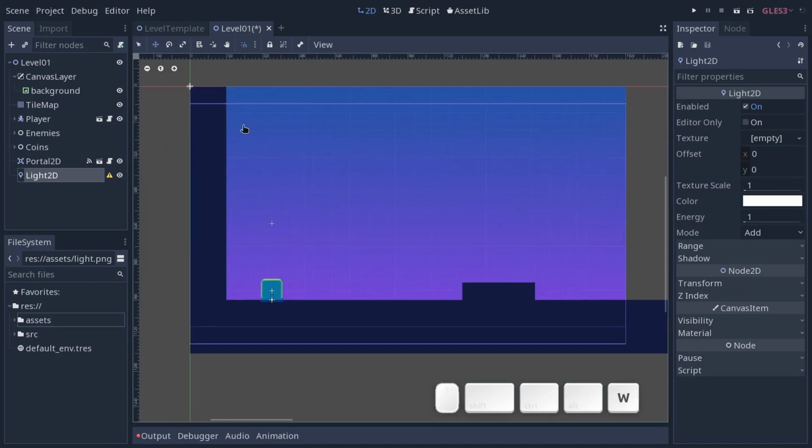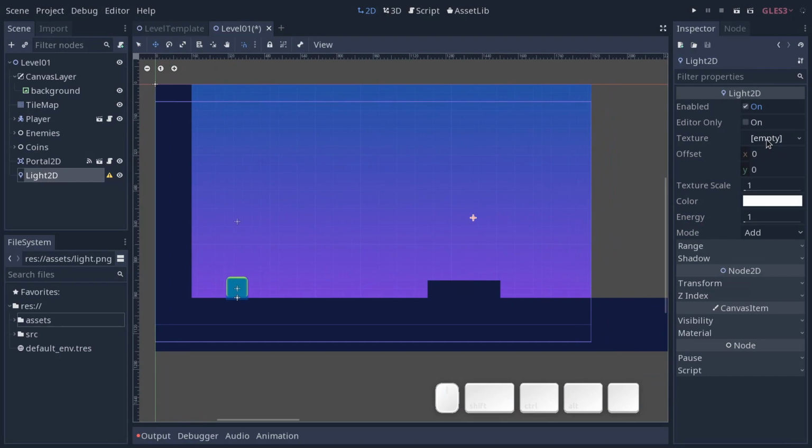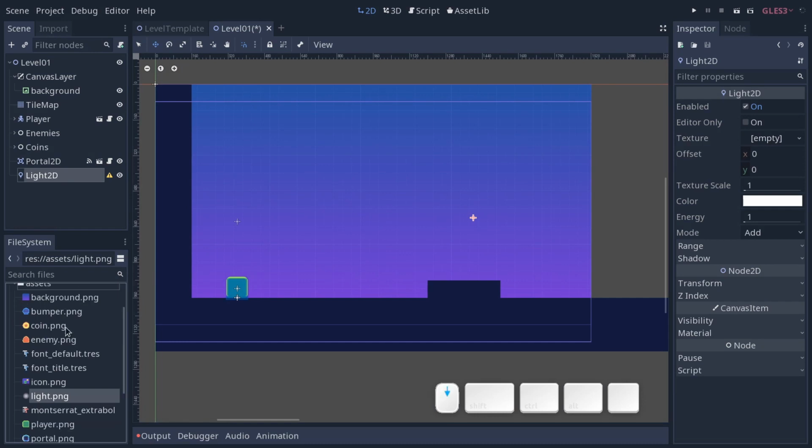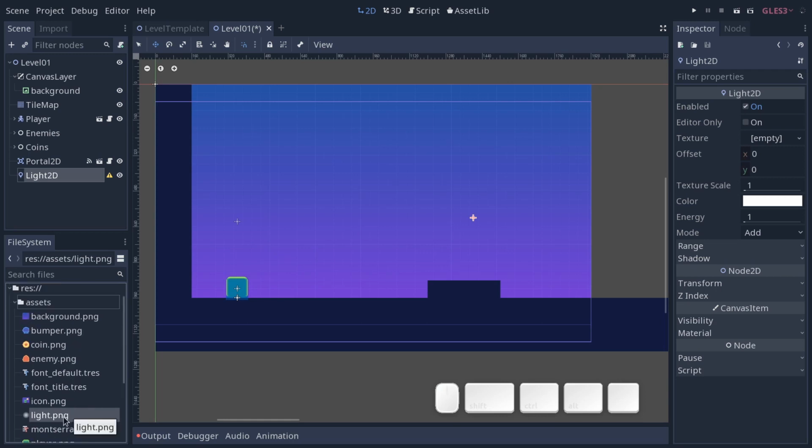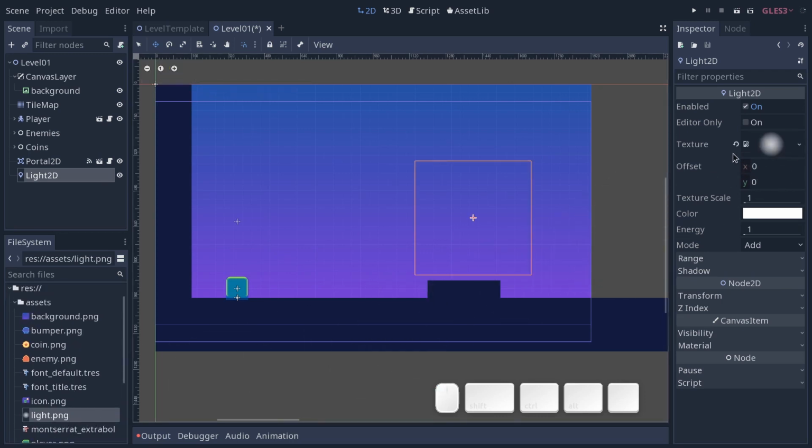Now this node is just a point in space to which we have to assign a texture. That texture has to be a transparent texture filled with white. So you have the light.png texture in the assets folder to do so. Click and drag it on the texture slot to see the lighting effect appear. It might only appear if you hover the tile map with the texture, but you should be able to